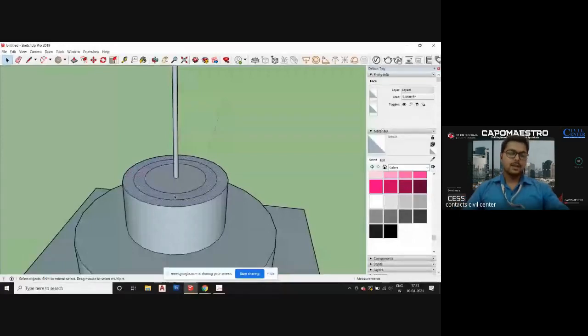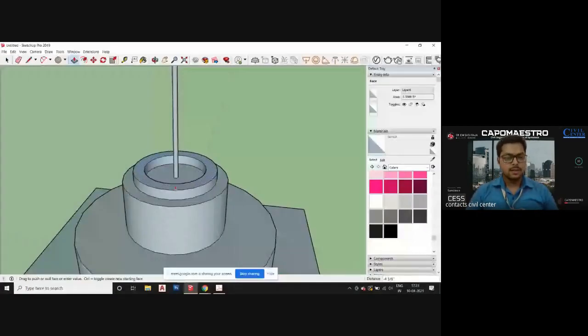Okay. Now pull it. You can select any surface and just push it downwards by 1 foot. We are just demonstrating the tools over here, so there is no need to worry. So this way you can use it like the push pull tool, okay, and the offset tool.